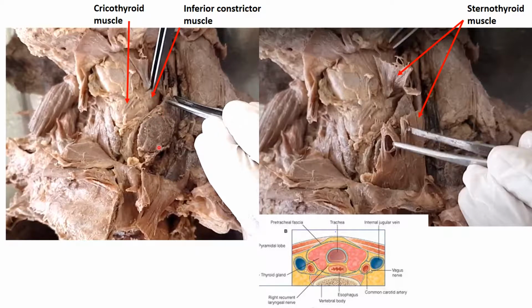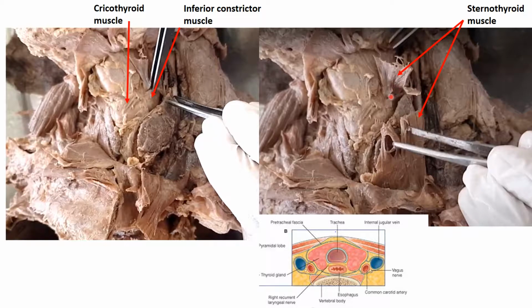As you can see, this surface is the anterior lateral surface. The relations of the anterior lateral surface are over here. You can see over here we have cut this muscle to see the lateral lobe of the thyroid gland, and this muscle is the sternothyroid muscle. This muscle is coming from the oblique line on the thyroid cartilage.